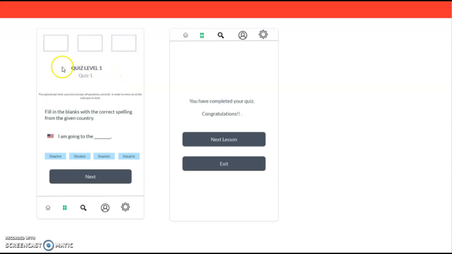You are then given the opportunity to retake the quiz. Once you have retaken the quiz and answered all the questions correctly, you receive a message stating that you've completed your quiz, and you are given the opportunity to move on to your next lesson or exit the app.